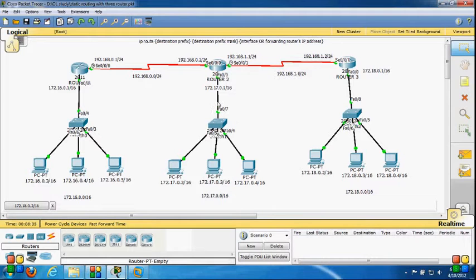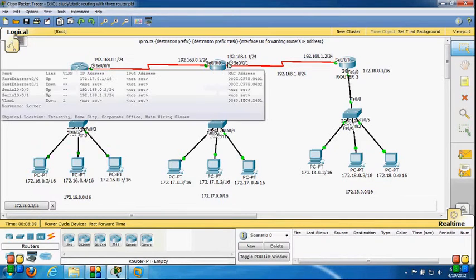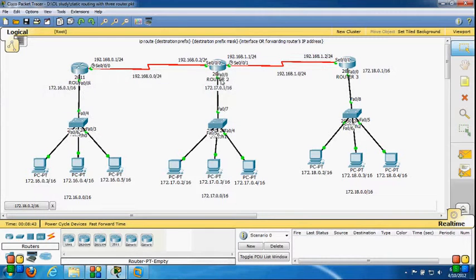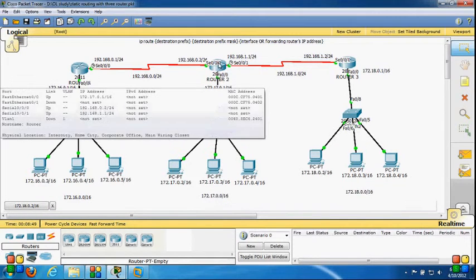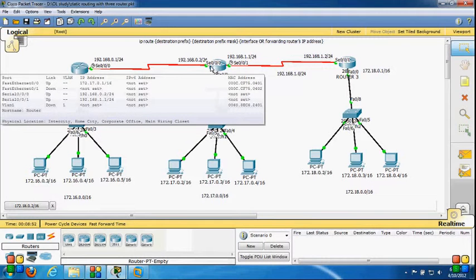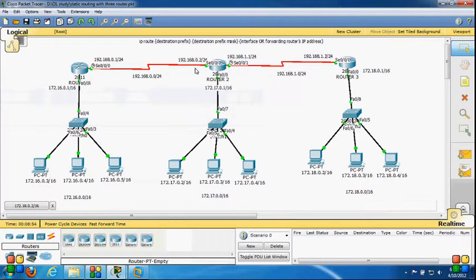Interface means I can provide the exit interface, or I can add the next hop. Next hop means if I want to communicate with 172.17.0.0, then I have to go through the router's serial 0/0/0, so I have to provide the next hop IP address as 192.168.0.2.